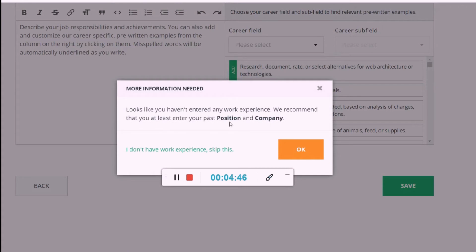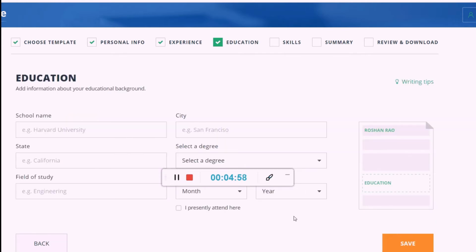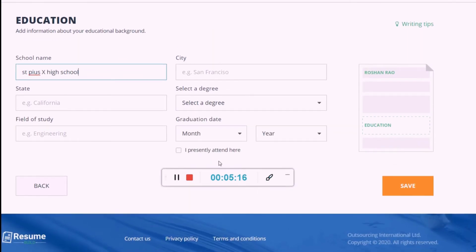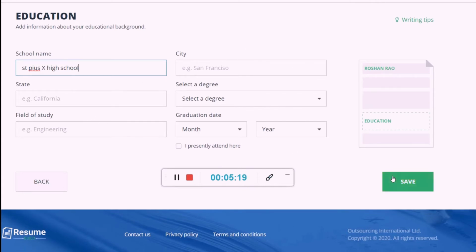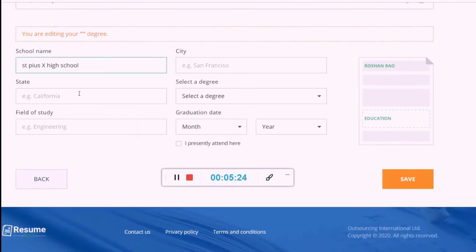In the same way, if you want to include any internship, you can go ahead and fill in the details there. The third section here is education. You can provide the details regarding your education here. It is asking for the school information, and any further information you can edit here. If you want to add any other information like your degree, your intermediate or anything else, you can include it here and customize it as well.